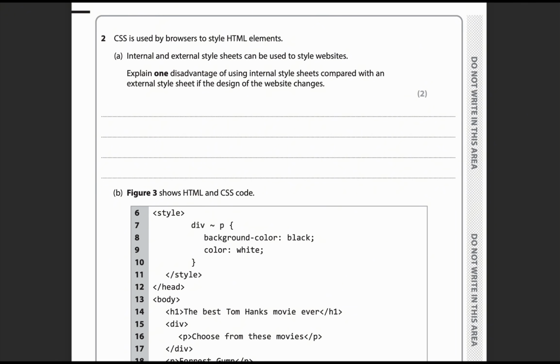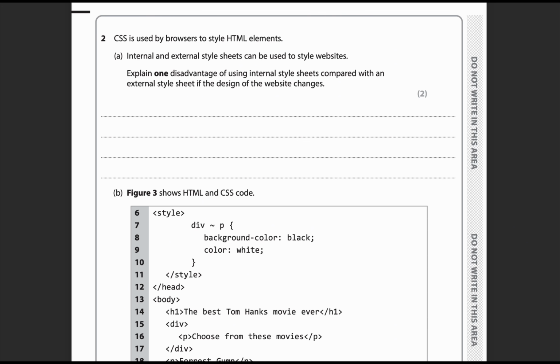So sometimes a student writes it like it's messy, quite harder to understand. It's not like that, right? It's not messy. Don't try to add the word messy, because when you add the internal style, it's not messy because they have a separate part. Like when you add the style, you add it in the head section, but it's not included with the real HTML code. So it's basically not a messy thing. So we can write it like